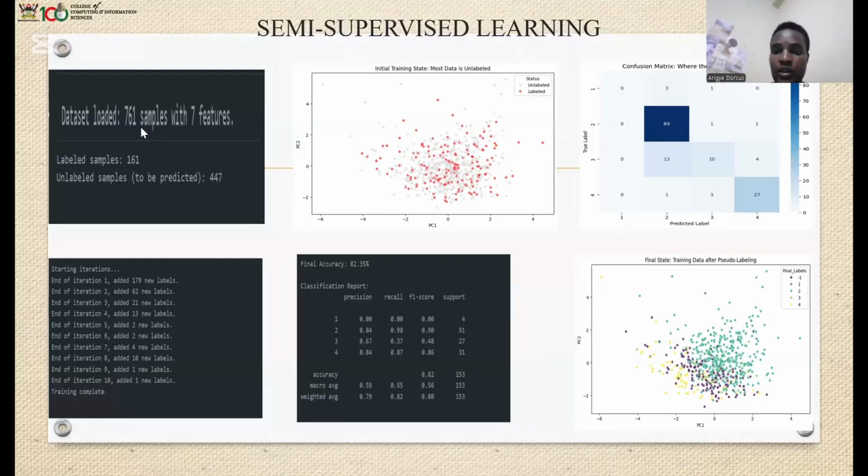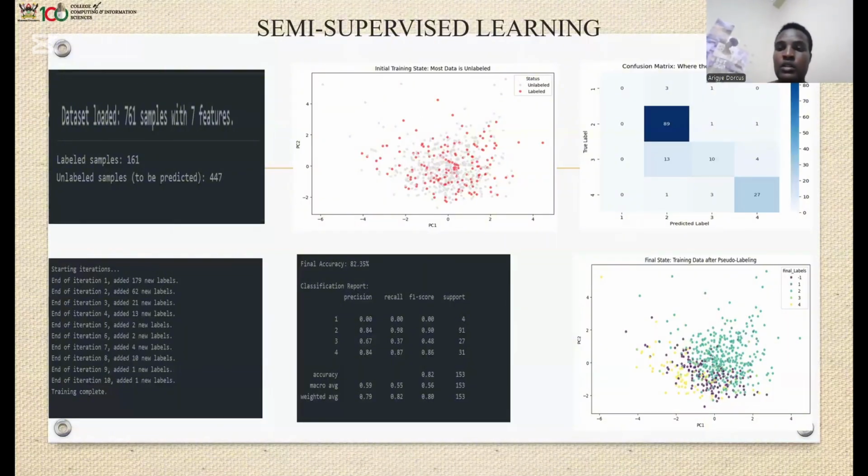The starting point, data scarcity: on the far left, we see the initial data set. Out of 761 total samples, only 161 are labeled. This is a classic real-world scenario where manual labeling is expensive or time-consuming. The goal is to use those 161 samples to predict the remaining 447. Then the initial training state,